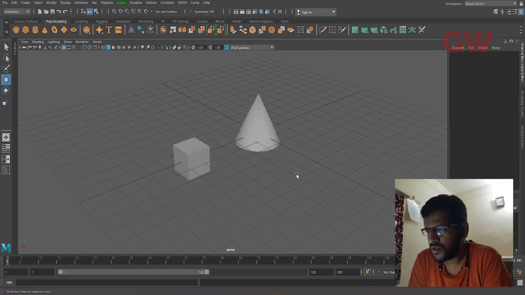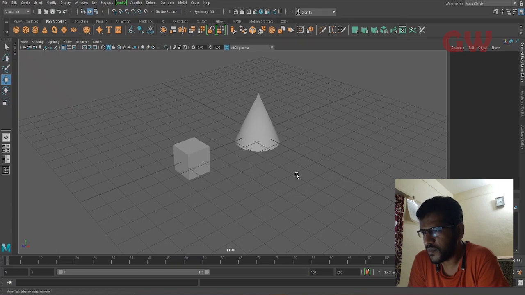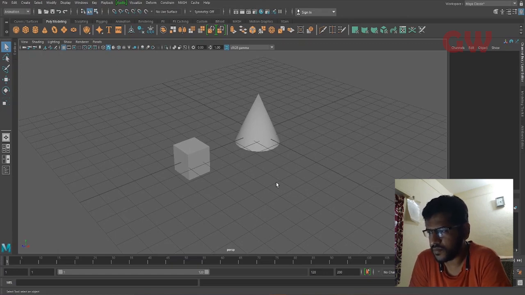Now we will look into our next constraint called parent. This constraint is similar to Maya's parent. Students asked me what is the difference between Maya's default parent and parent constraint. I normally explain to them that the final result of both the parent and parent constraint is the same. The major benefit of using constraint is that we can turn the constraint on and off anytime during our animation, which we cannot do with Maya's default parent. Let us see this practically.